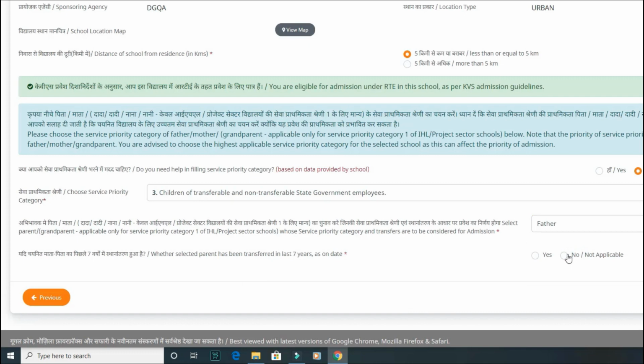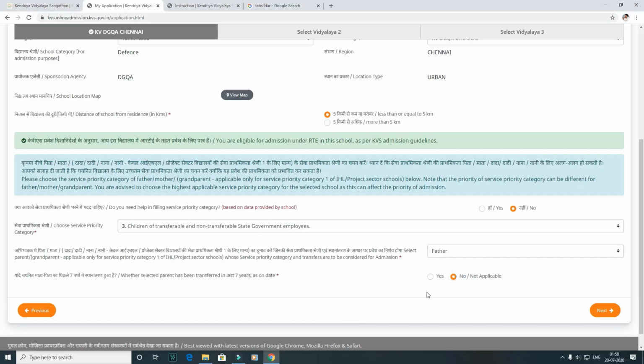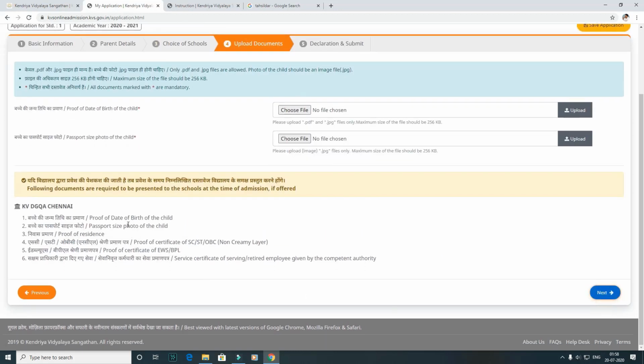If it is the first or second category and they have been transferred in the last 7 years, you have to select yes. Otherwise, you can select no. After selecting no or yes, you go to the next step. Then click next.